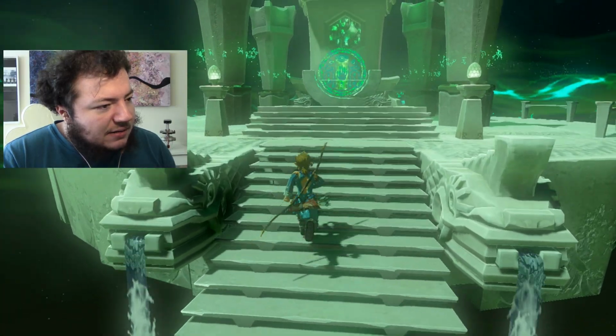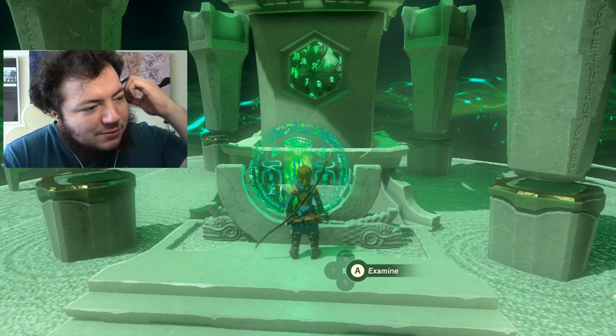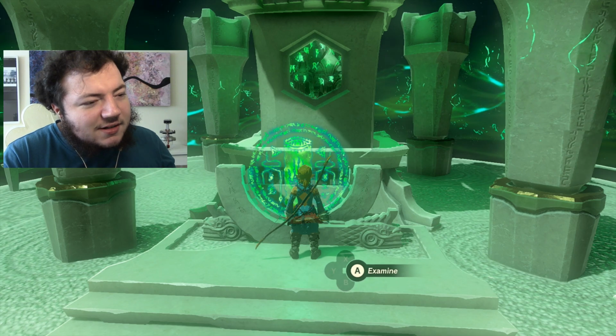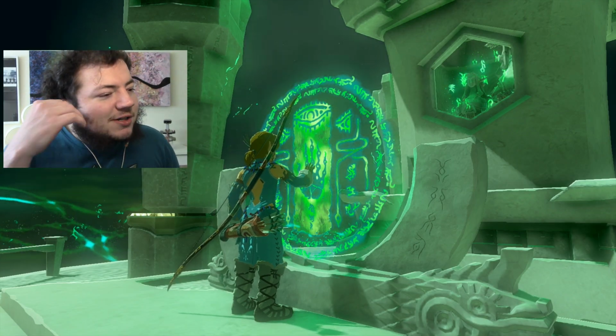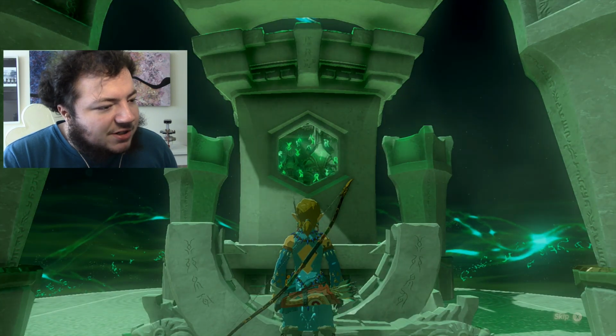Also, this is maybe a weird time to bring this up, but I always thought that the little doo-doo-doo when you examine things or talk to people in this game, in Breath of the Wild, sounds a bit like Midna's theme. It always stuck with me for some reason. It's probably just coincidence, but...